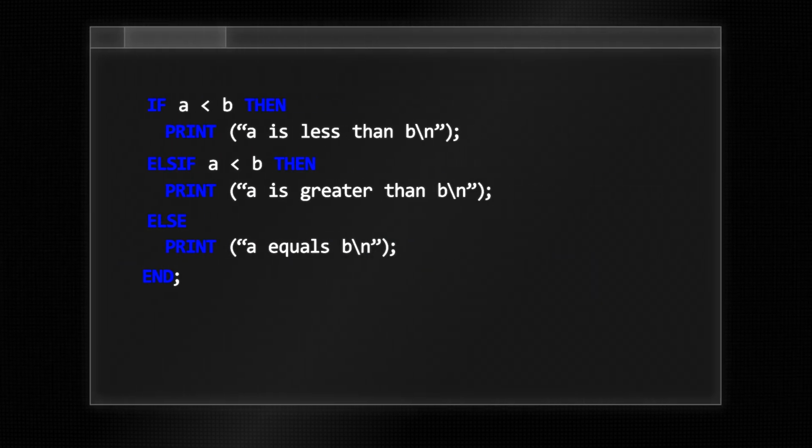An if statement is used like this. The first block of code is executed when the if statement evaluates as true, and program execution then resumes after the end keyword. If it's false, any else-if statements get evaluated instead, and if none of those evaluate as true, any concluding else statement gets executed.